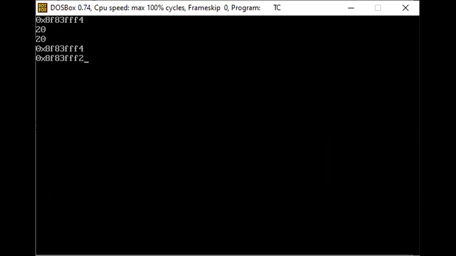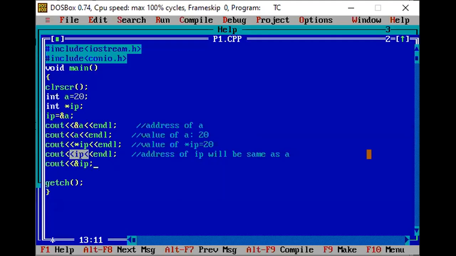Now you can find out the address of IP is different and the address of &IP is different, because here the exact address of the IP variable, that means the address of your pointer variable, is shown here. Okay, if we write IP, that is the name of the pointer variable, without the reference operator and it has been already pointing to some variable, then it will hold the address of that variable also.